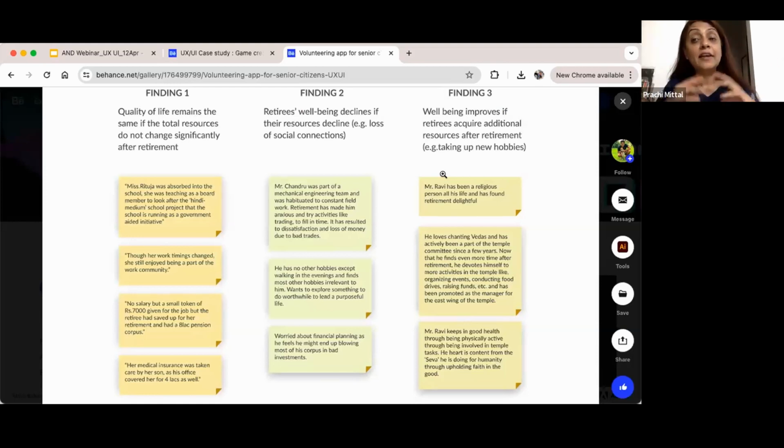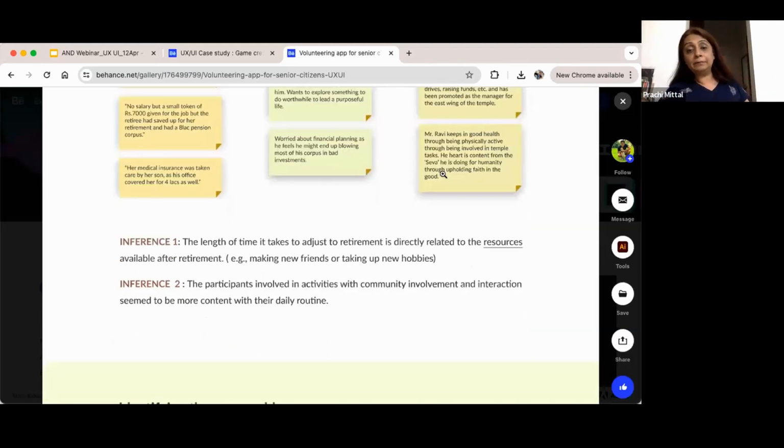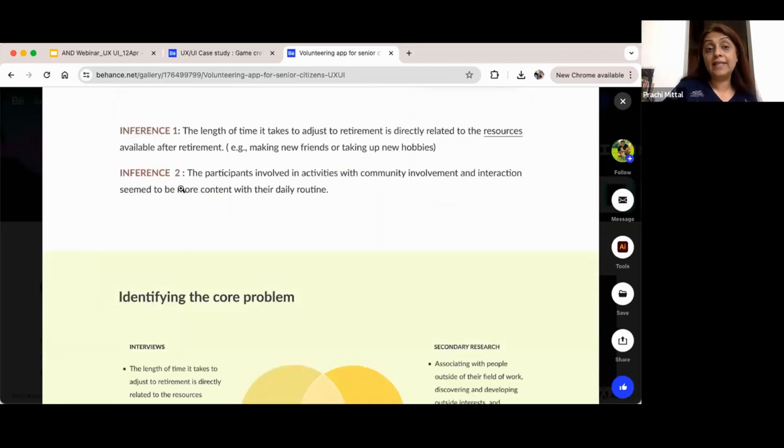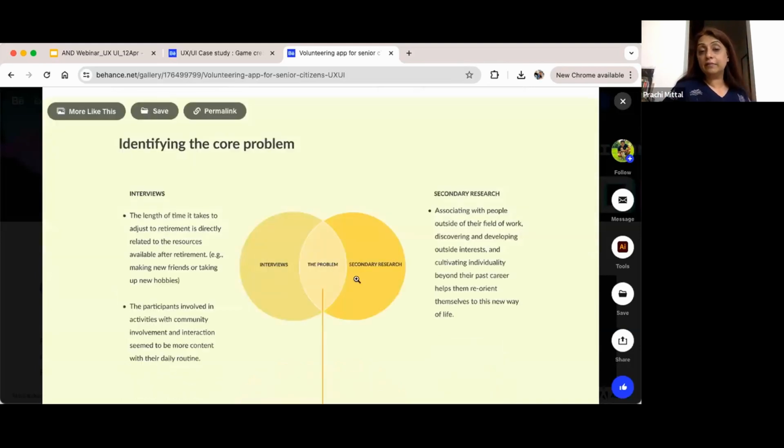This is how he organized his observations and findings, and he made some inferences about it. He realized that participants involved in activities with community and interaction seem to be more content with their daily routine post-retirement.